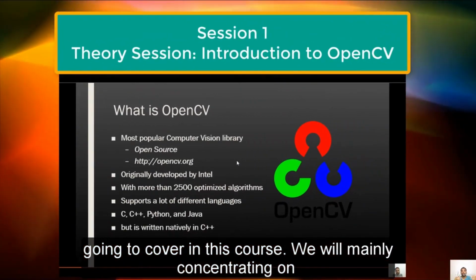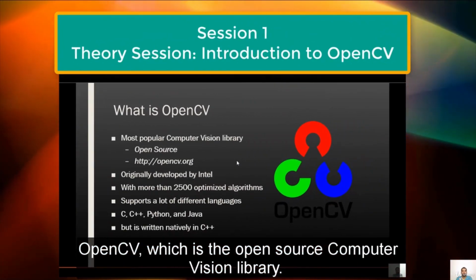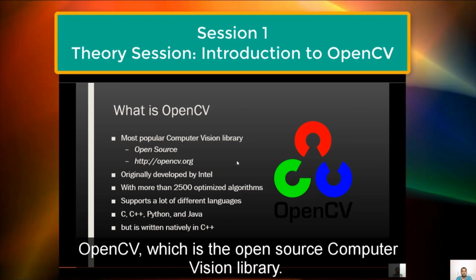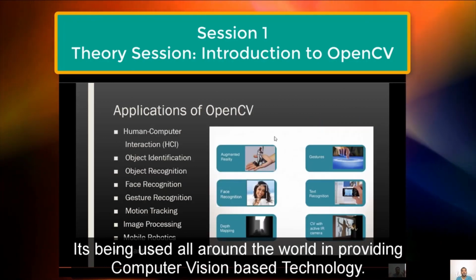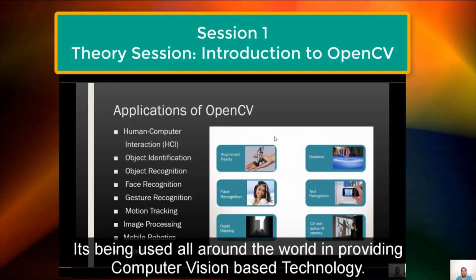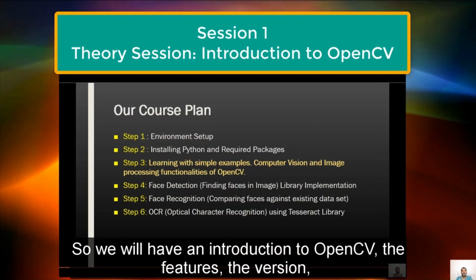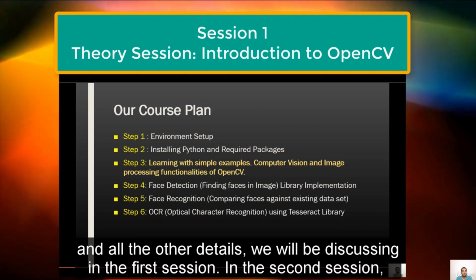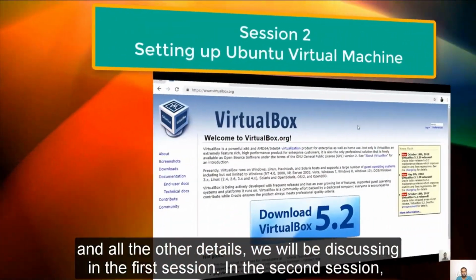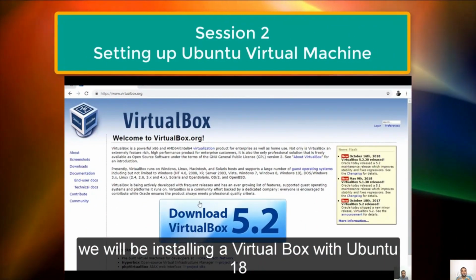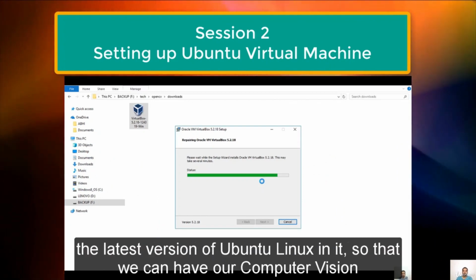We will be mainly concentrating on OpenCV, which is the open source computer vision library. It's being used all around the world in providing computer vision based technology. So we will have an introduction to OpenCV, the features, the version, all the other details we will be discussing in the first session. In the second session, we will be installing a VirtualBox with Ubuntu 18, the latest version